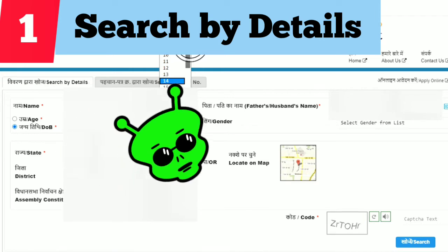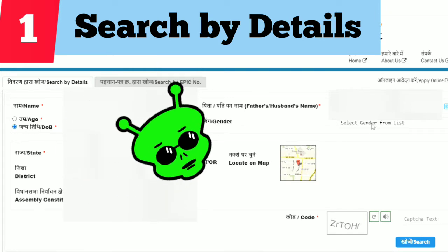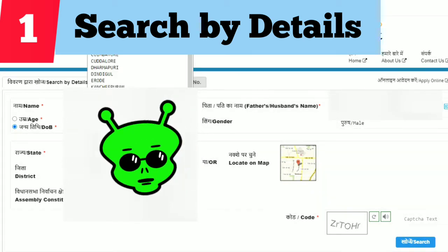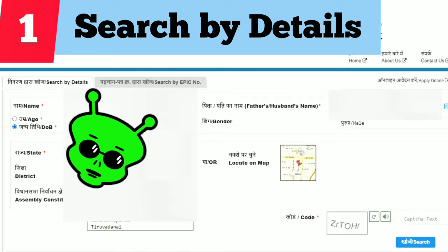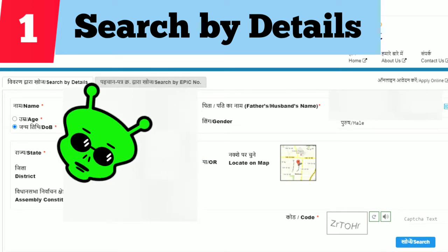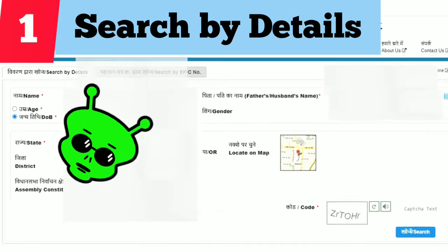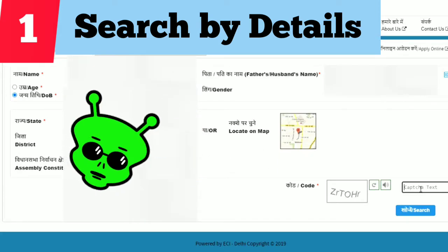Just type the state, my district, and my constituency. Finally, I've provided all the details, and I'm seeing a captcha here, typing the captcha. Yeah, I'm done. Now I'm searching.